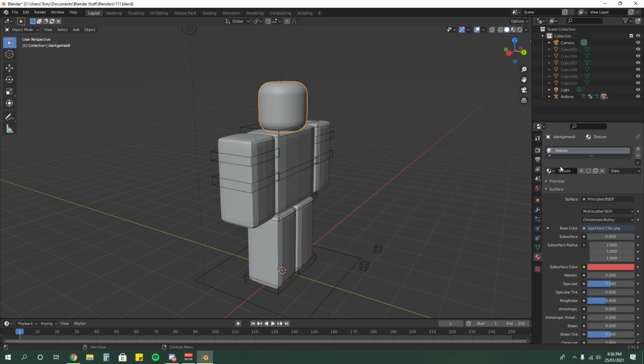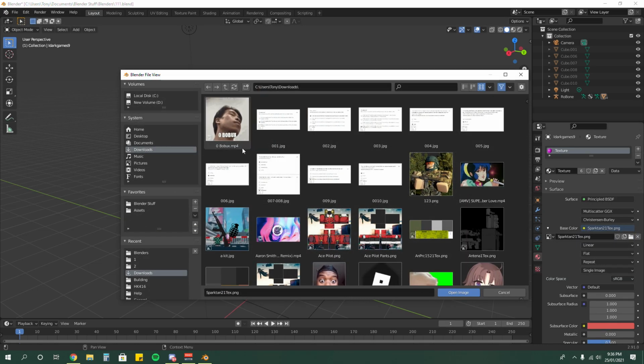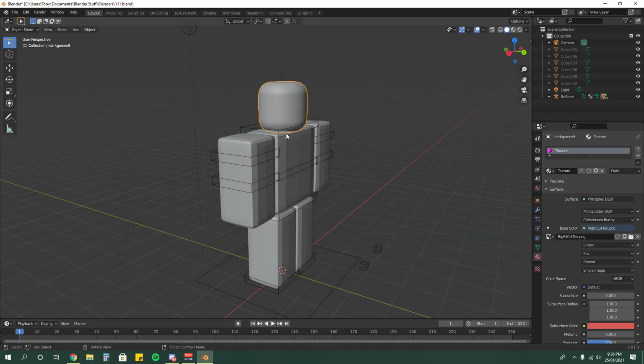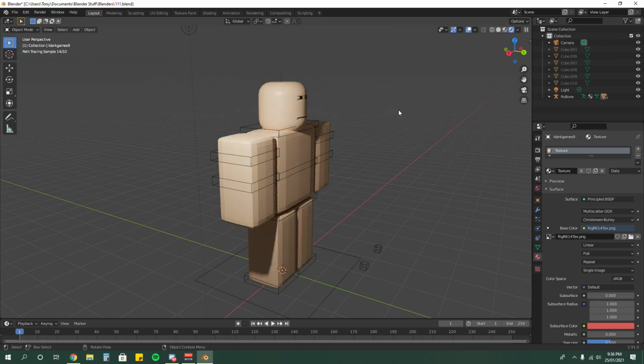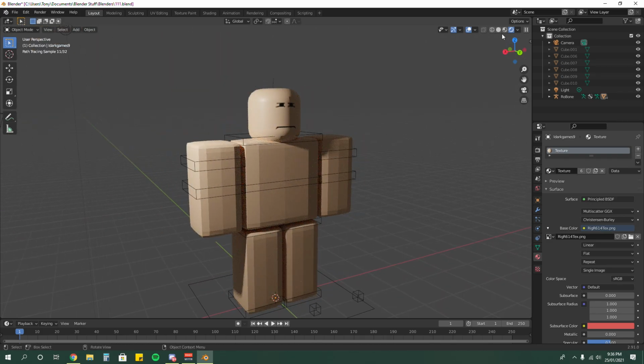Well, it's object properties. You want to press image texture. See this folder? You want to click it. Okay, you want to go with the naked one and double click. And if you press viewport shading, rendered viewport, you can see it like that.